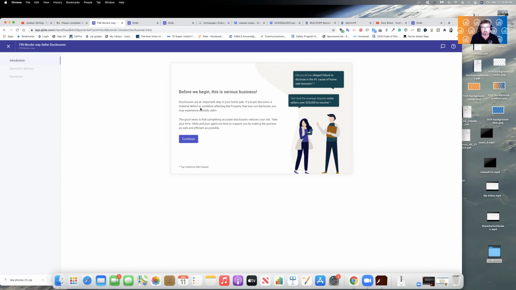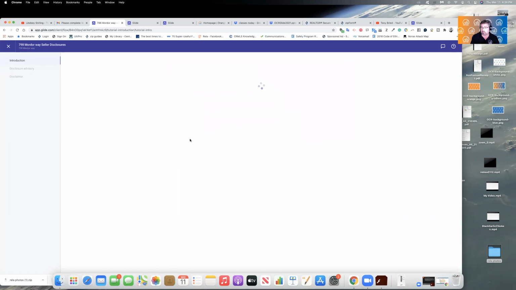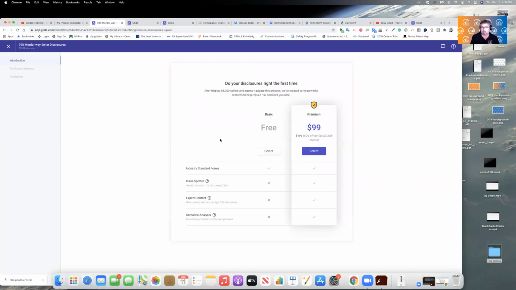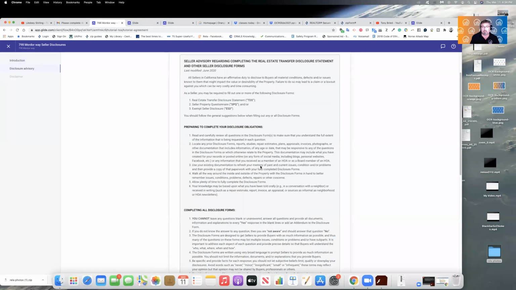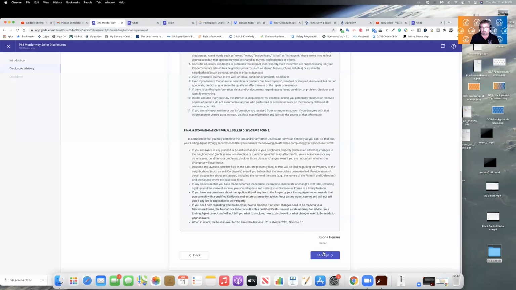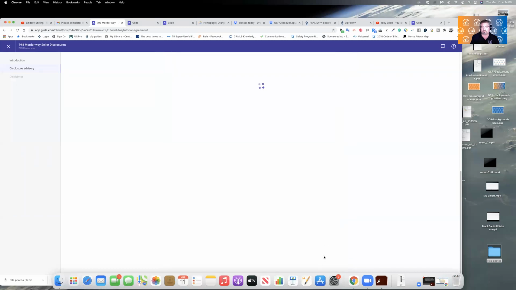But here, right away, it reminds them that legally, if they improperly disclose, they could face lawsuits that could cost them lots of money. Okay, so they need to be aware of that. Now, here it says go to the premium. They don't need to worry about that. Just simply click on free. When they do that, they read through the terms of usage. They accept the terms,